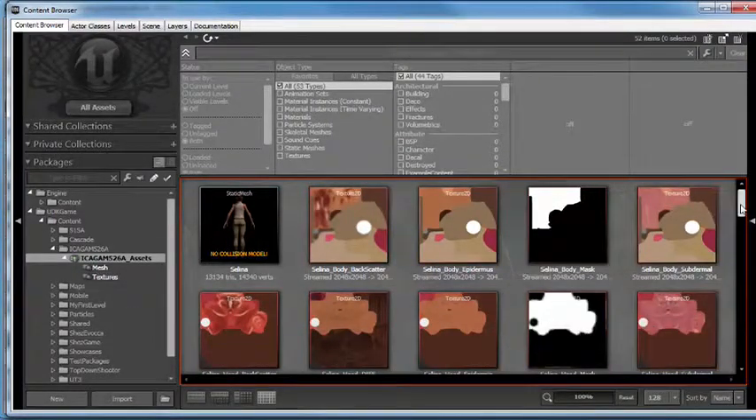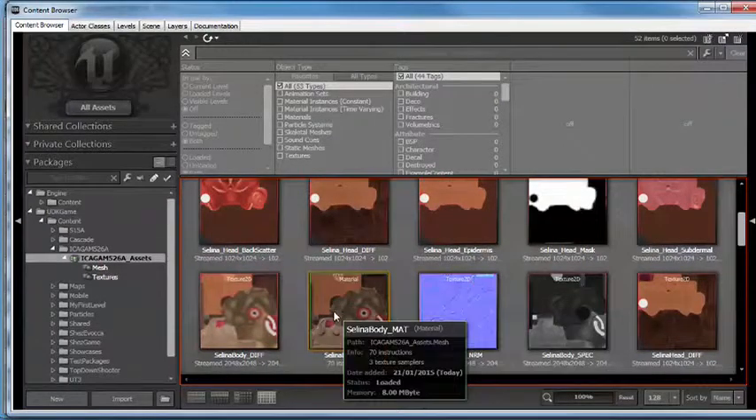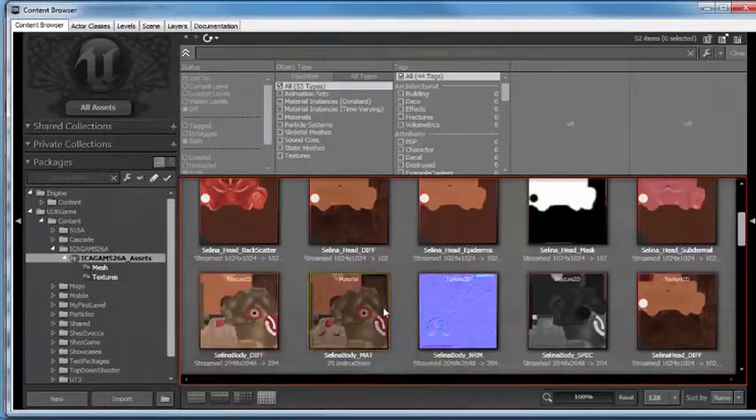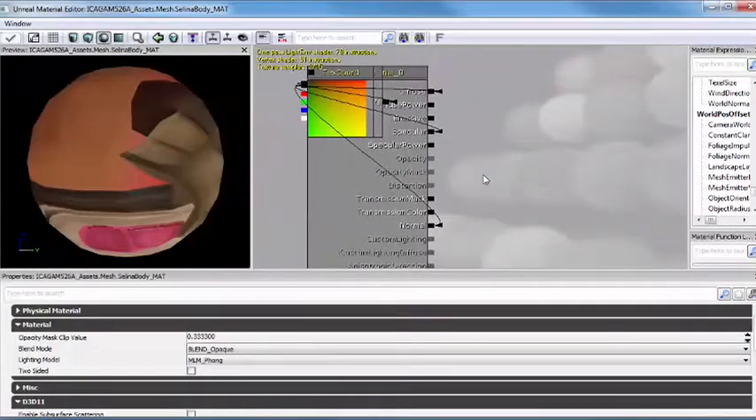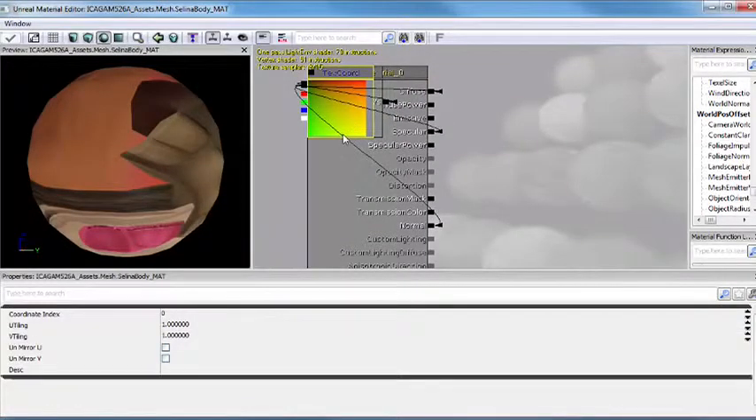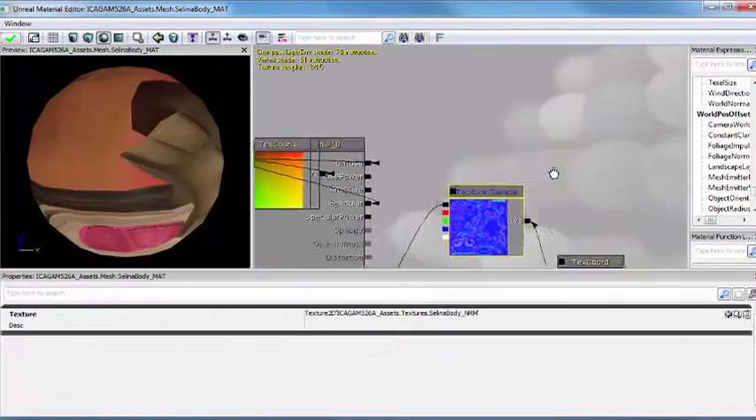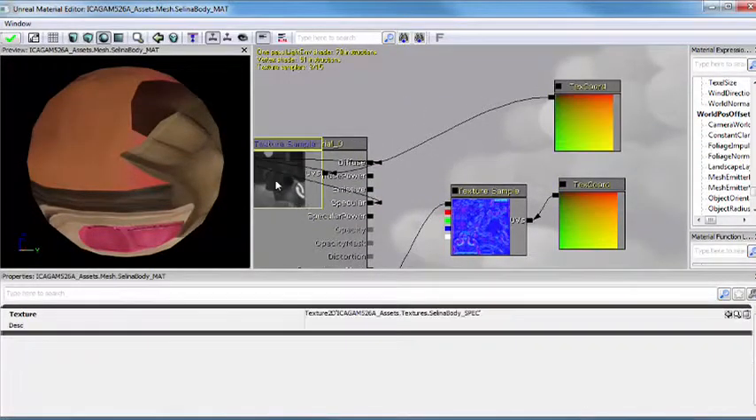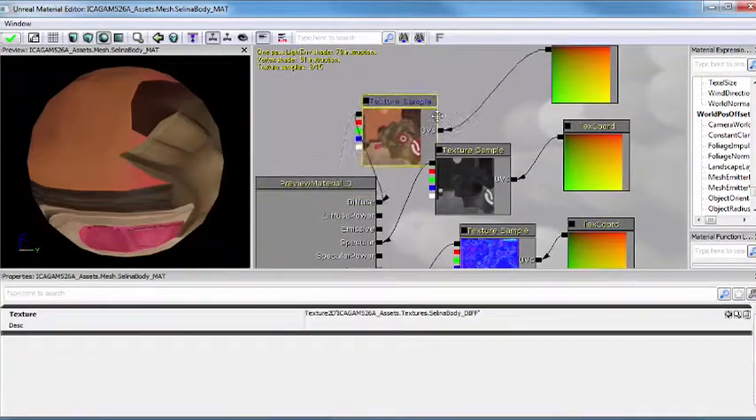Okay, so we've already got a basic material. If you remember right, we imported the material and the texture from Max. If we double click on the material, it will open up the material editor. It also creates the textures just in the corner. So all you do is click on the first one, hold down the control key and drag it out. So this is what we saw when we imported Selena